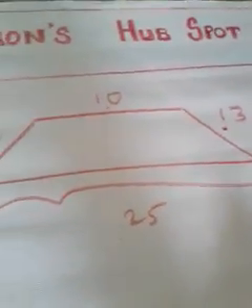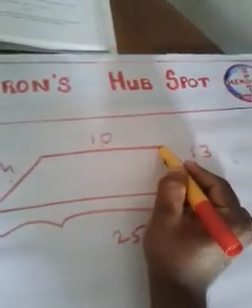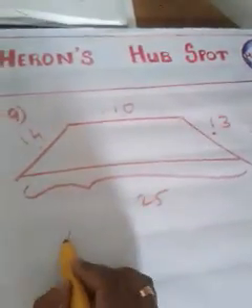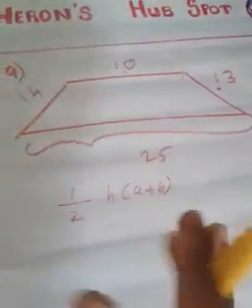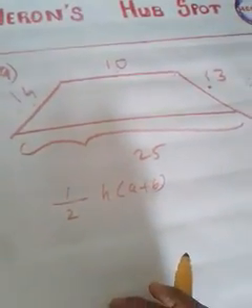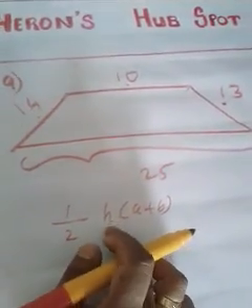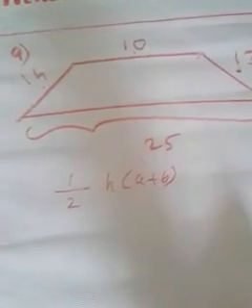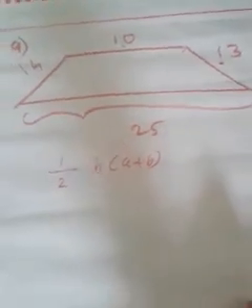In order to calculate the area of that field, I'm going to separate the total trapezium. If you want, you can use the formula half into h into a plus b. That I explained in the last video session. You can calculate h. Which method I used in the tail portion, the same way you can calculate the area of this portion also by using half into h into a plus b after calculating h. But you will not get the sharp answer as in the textbook. But don't worry, you can follow the same method.